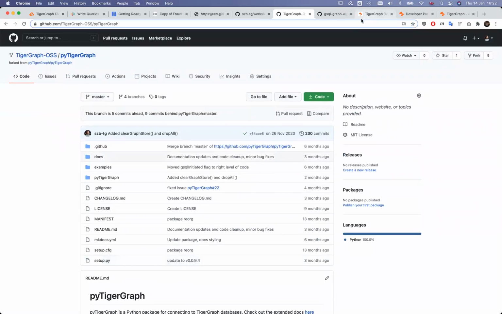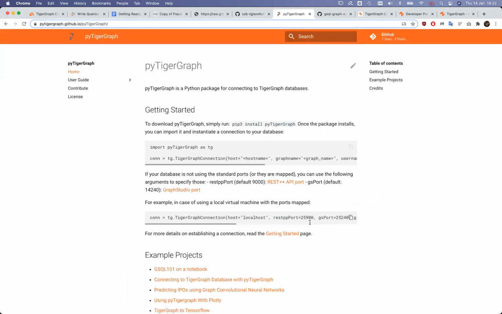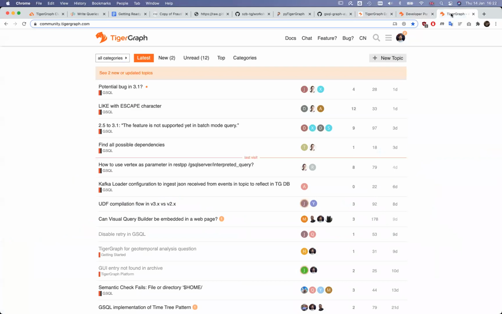We have documentation provided for this. And then we also have the developer website and the community portal where your questions regarding PyTigerGraph or anything TigerGraph related can be answered, and very surprisingly and very nicely, not just by the TigerGraph team, but other users are contributing to answers.